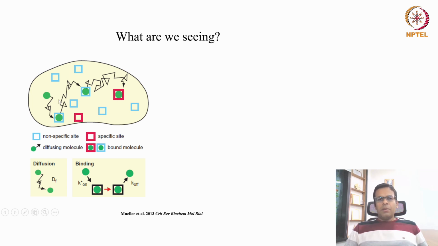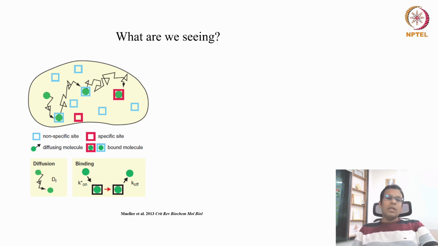Okay, so it will make this kind of movement inside the nucleus, then it will bind transiently to this kind of blue sites, which are known as non-specific sites, which are not the real binding sites, but it will bind there to make sure that this is not the correct site. Okay, and then it will leave from that position. So it will bind to this kind of non-specific sites, and eventually it will bind to the real target site, and there it will bind, and then it will activate, let's say, transcription.